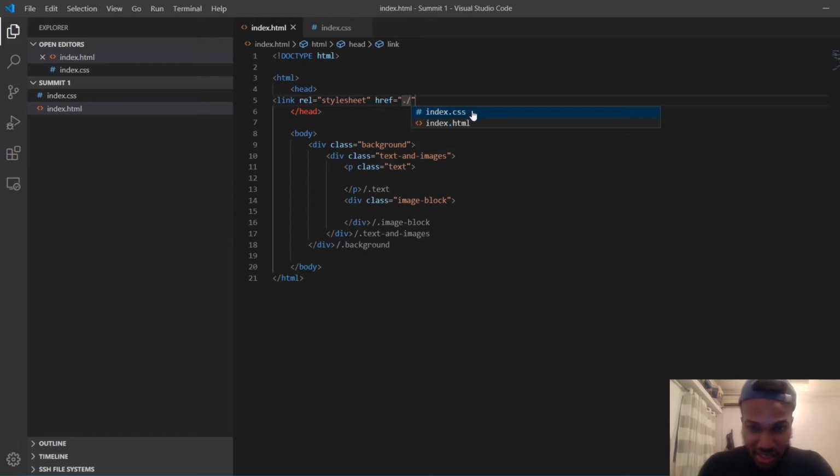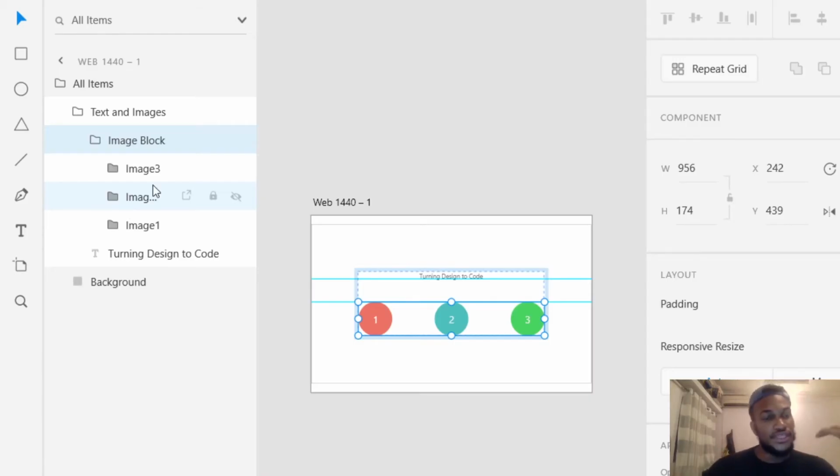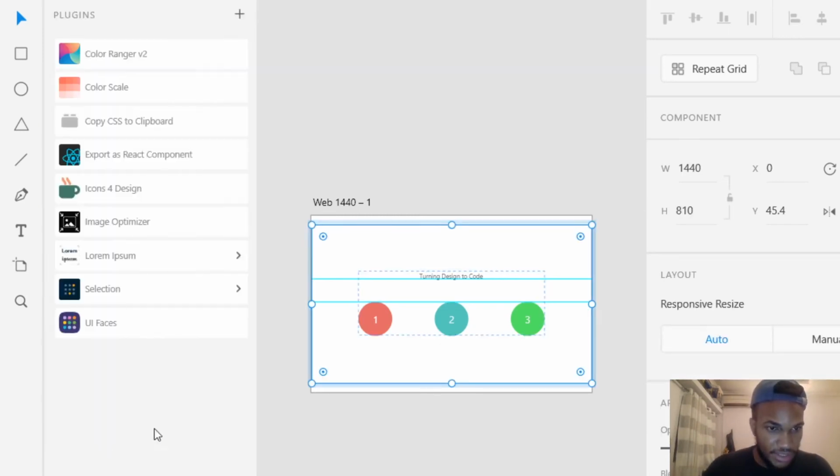And that's it there, index.css. So all the styles, all the appearances, how this guy's going to look is going to come from this index.css. So what we're going to do is we're going to go and see all the layers, and we're going to copy the CSS for all the layers and paste it on our code, right? So we're going to just go here, background, come here, copy CSS to clipboard, then paste it on the code